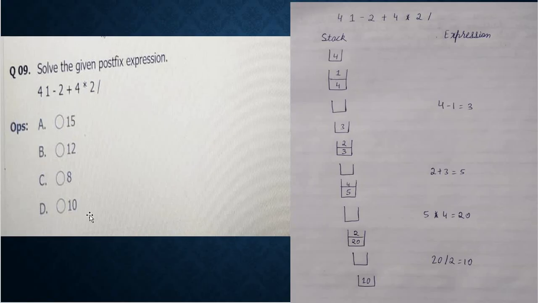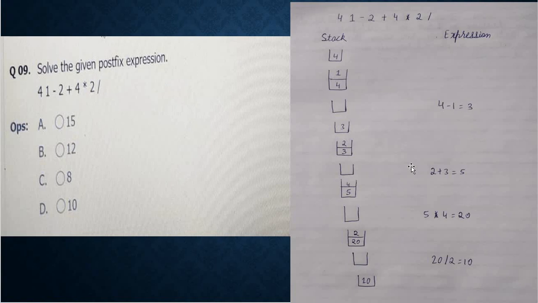For the next question, we have to evaluate the postfix expression, for which I have used the stack data structure. So 4 will be pushed in the stack, then 1 will be pushed in the stack, and when the subtract operator is encountered, it will perform the subtract operation, which results in 3, and then 3 will be pushed in the stack. Again 2 will be pushed in the stack, and when the addition operator is encountered,